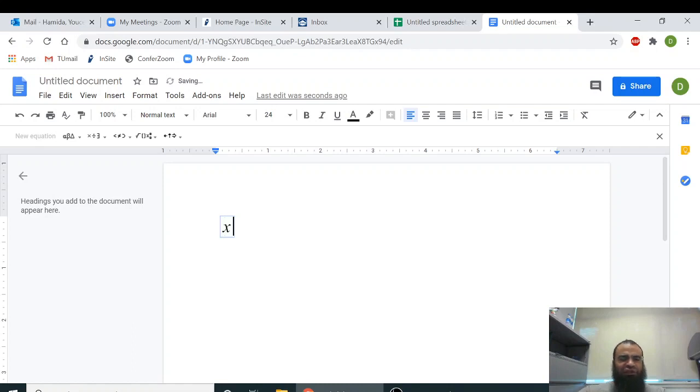So let's say you got x final equals x initial plus v initial t plus, let's see here, I want the fraction 1/2 a t to the second power. And let's say v initial is 0 and x initial is 0 and the acceleration is 2. So in that case, we will just have